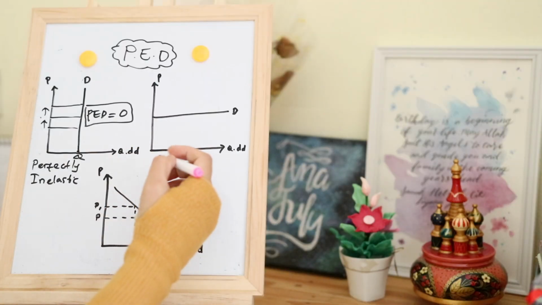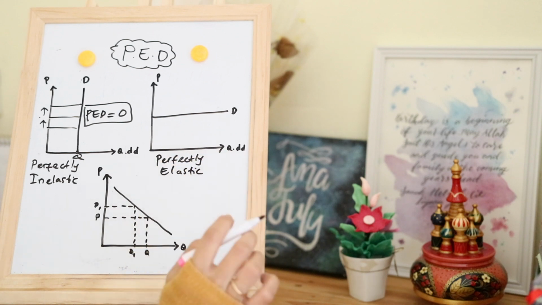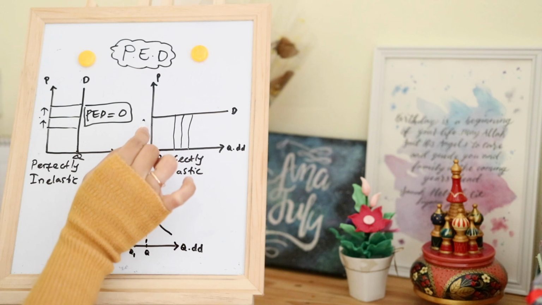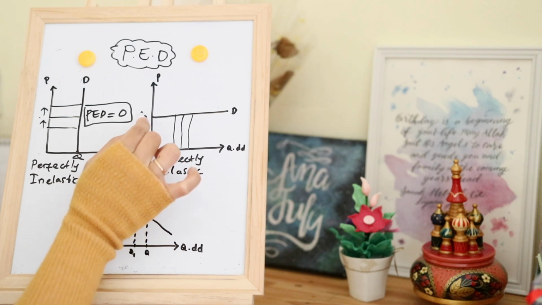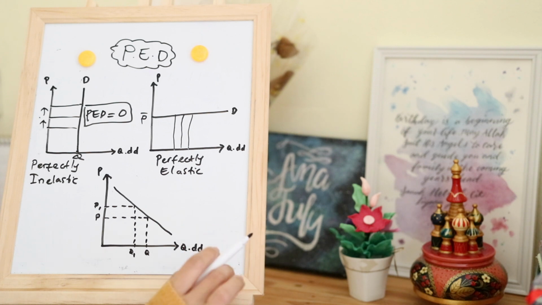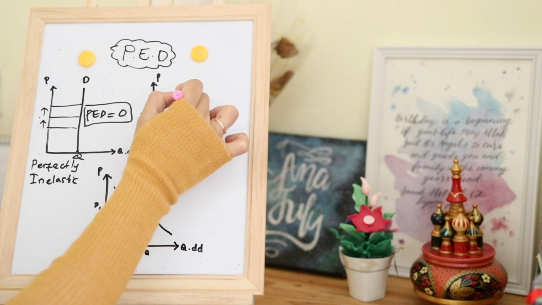When you have a perfectly elastic demand curve, the price is fixed at this point, but the quantity demanded might be changing over time, where the PED for this perfectly elastic